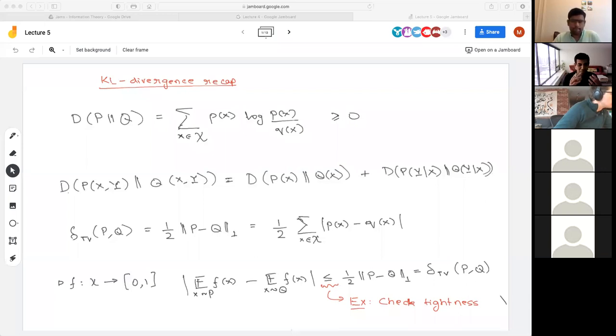Just to recap, we said that KL divergence is defined as maybe the excess amount you would pay if you encoded according to the wrong distribution Q when the true distribution was P. It's a way of measuring the difference or distance between two distributions, although it's not necessarily symmetric. We saw that it's non-negative, has a chain rule, and we also saw this other notion of distance between two distributions,